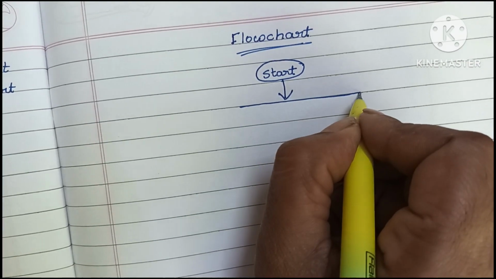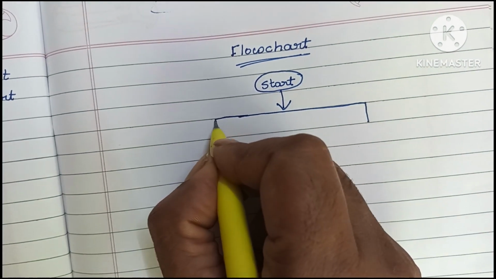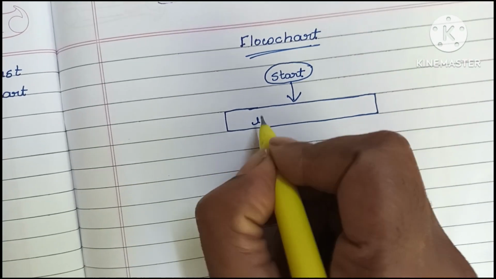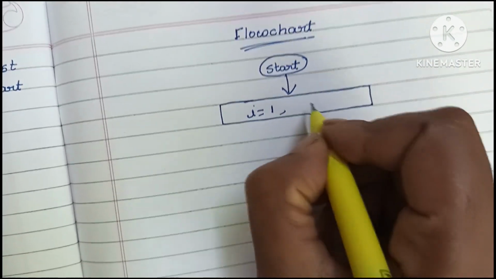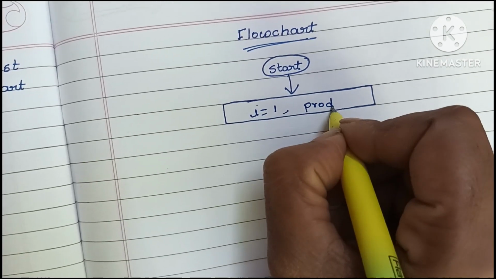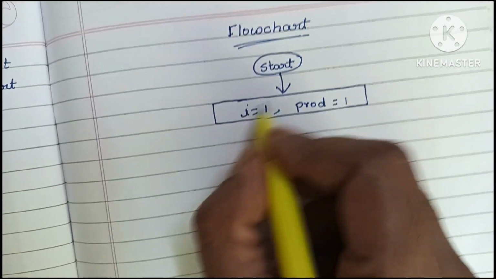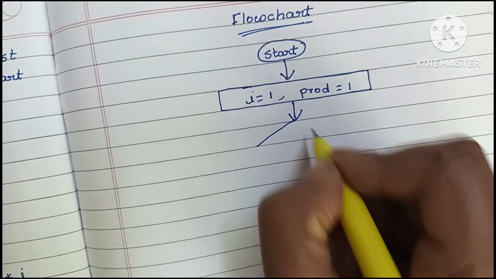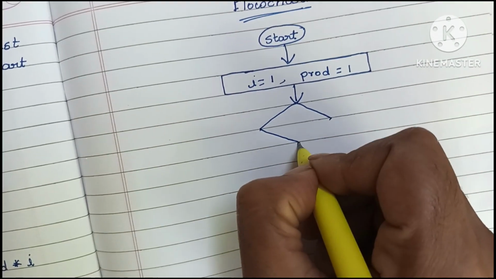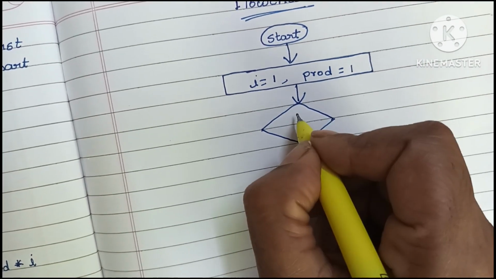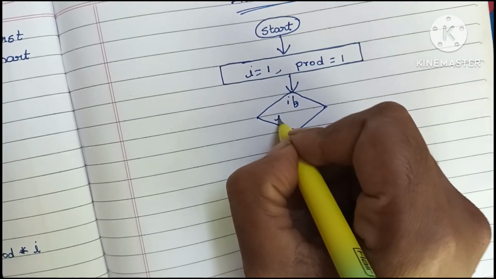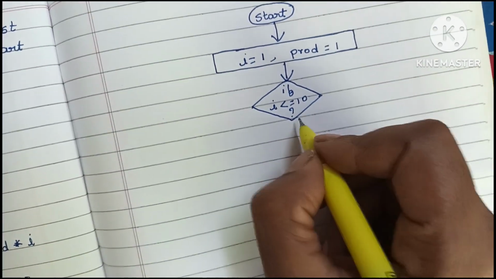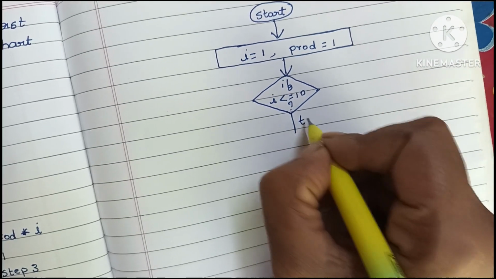we have to declare the value of I and product, right? Declaration is done within a rectangular shape. Within the rectangular shape we have to declare I is equal to 1 and product is equal to 1. Next we have to compare I with 10. Comparison is done within a diamond shape. Within the diamond shape we have to write if I value is less than or equal to 10. If this condition is true,